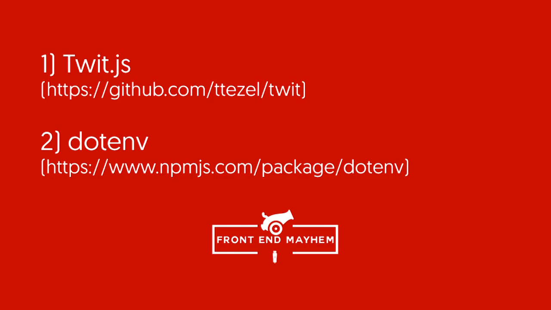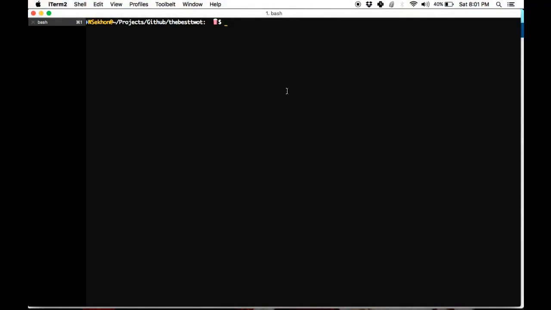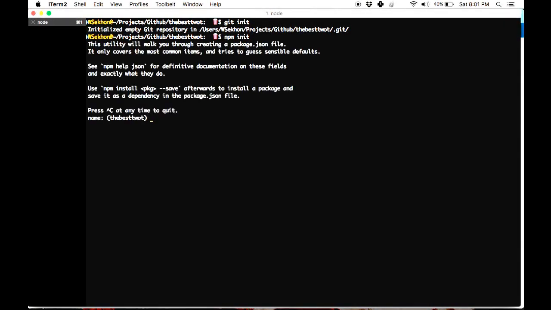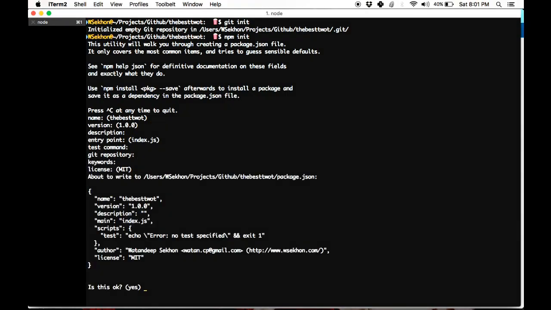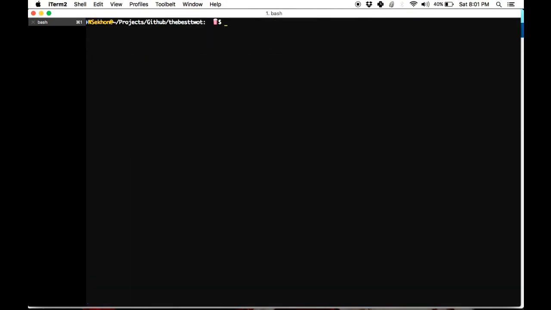So this module is going to make it really easy for us to keep that separate but easily accessible from within our code. I've already created a new folder for this project, and I'm going to initialize a new Git repository in it and create a package.json file using npm init. The defaults are good enough for now. The next thing that I want to do is create 4 new files in this project: .env, .gitignore, config.js, and